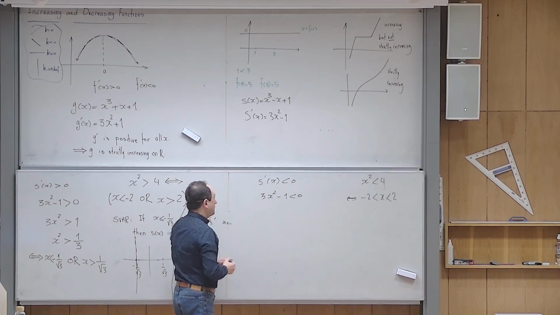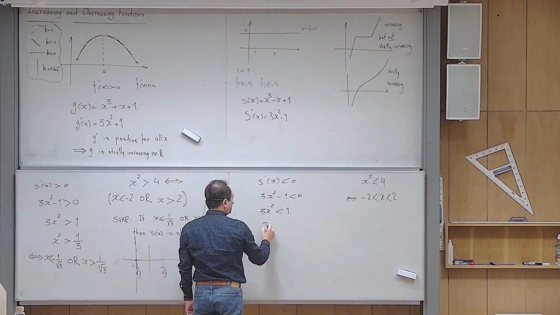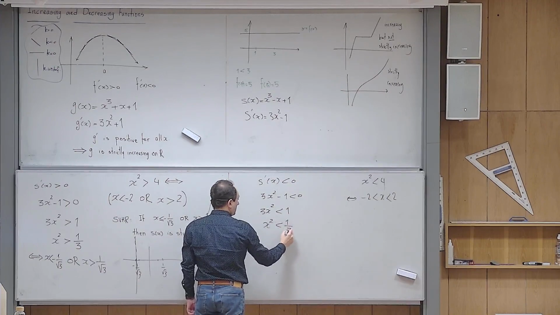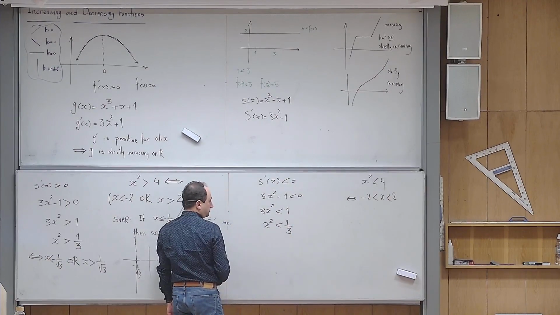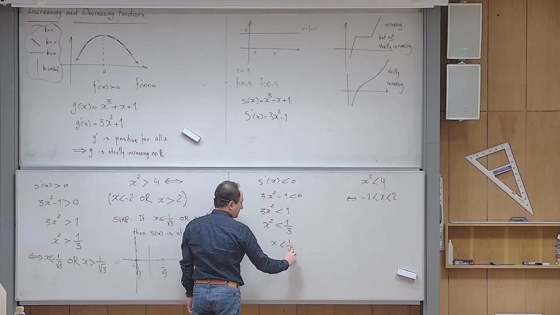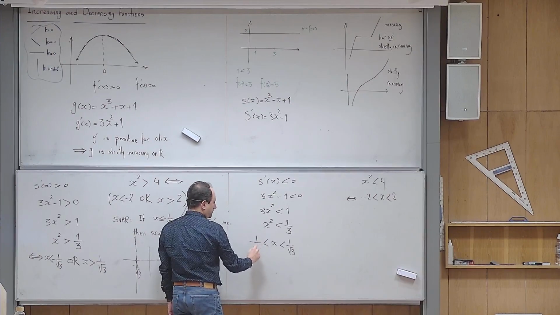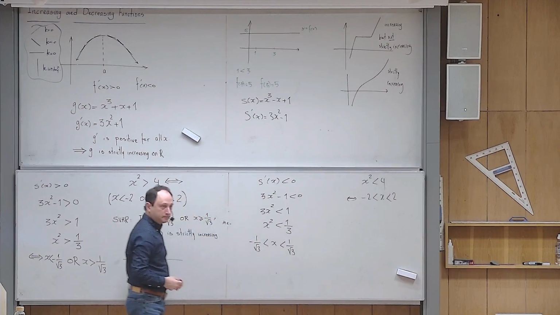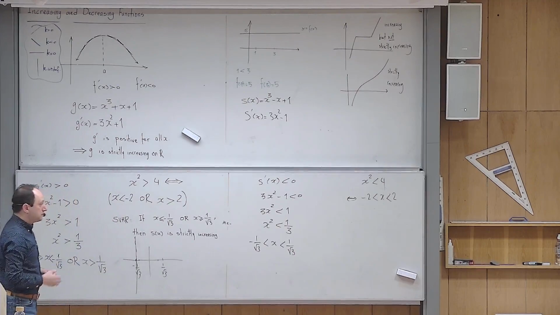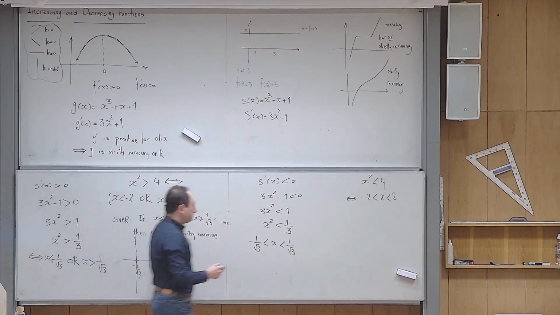Okay, so if I want to solve that one, then I would do the same thing, yes? Okay, what's the answer to this one now? X is less than 1 over square root of 3. Is that the whole story? No, exactly like this. I have to stay here. So x should be between these two values. So the answer again is